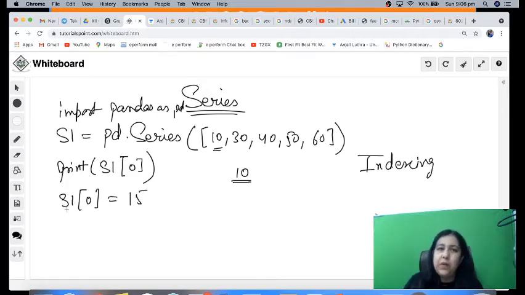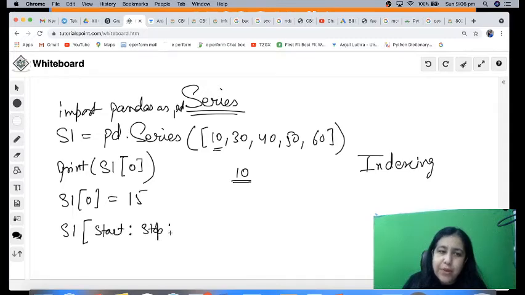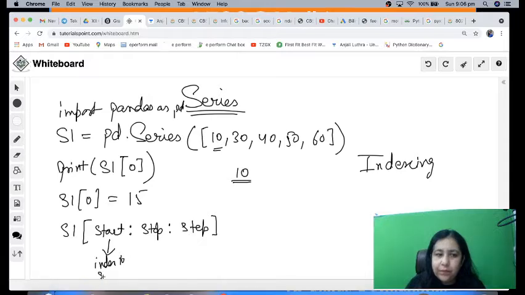In a similar way, slicing works out here. So when you have to use slicing, you don't give one position, rather you give a start, then you put a colon, you give a stop, and there is another optional thing which is step, right? So we can give 3 things in total at max and 1 at minimum. So start, stop, step. The index to start with, the index where you want to stop, rather you stop 1 before this index, and then step, by how much you have to move ahead.